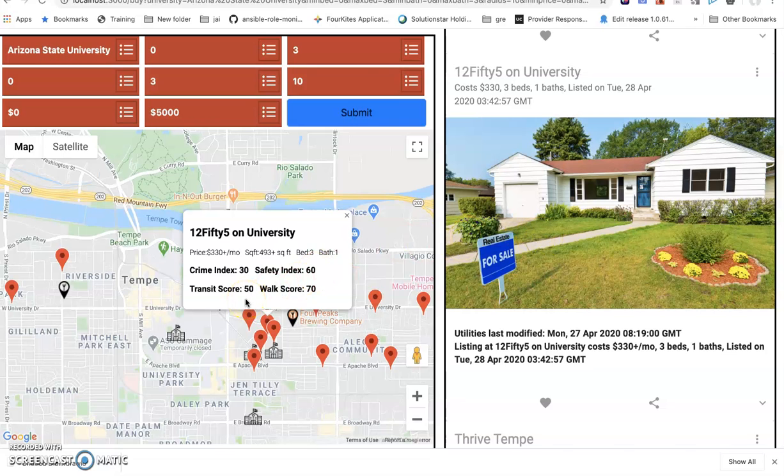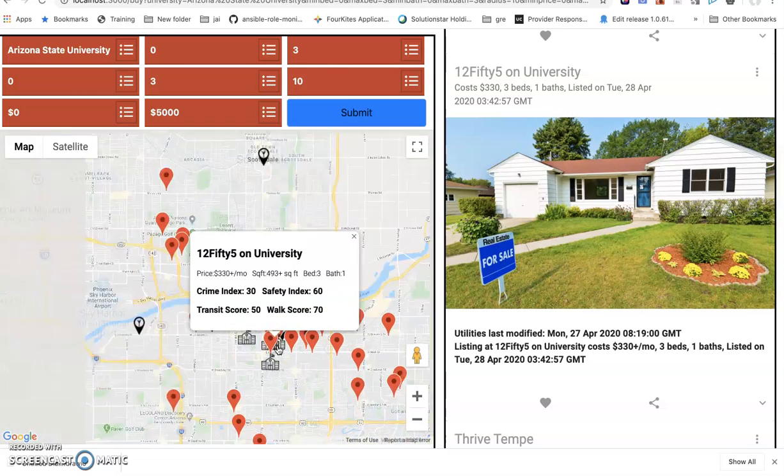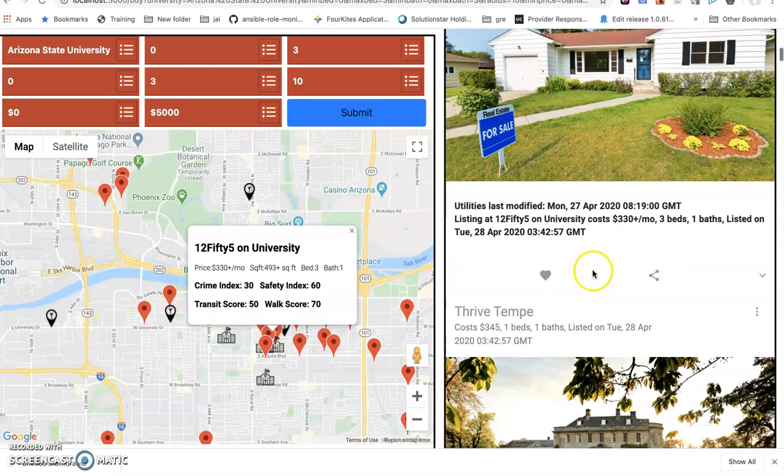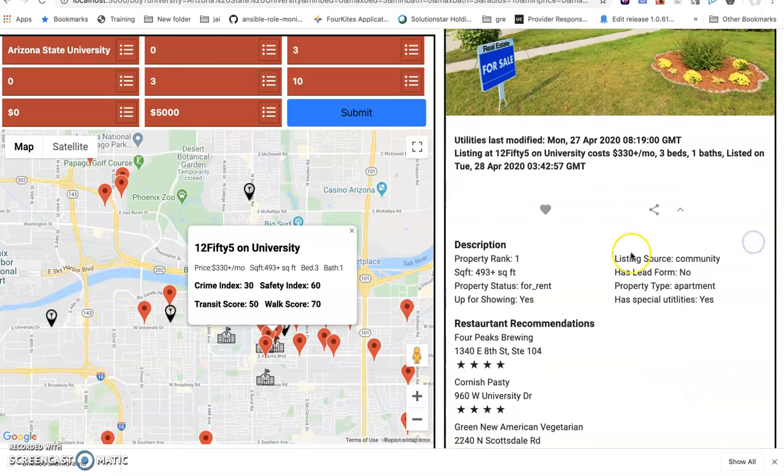When you select one particular property, it shows recommendations of the most popularly rated restaurants and schools. These restaurants were obtained from our recommendation engine using machine learning, which mines the Yelp Kaggle data set. The same goes for schools.